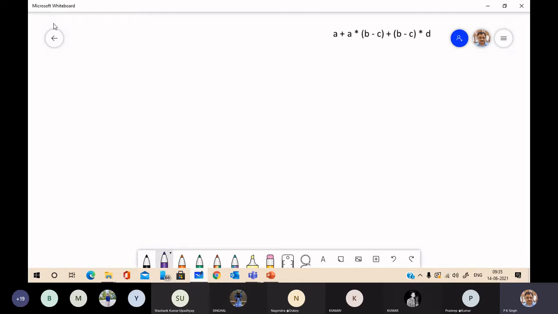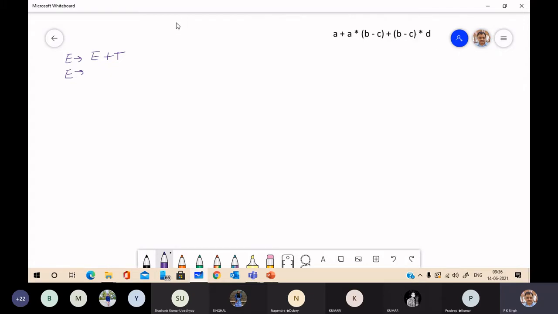For the grammar, E goes to E plus T. We will consider the minus sign also, so for that you have to add a production. Actually, we are going to produce a syntax tree for this very expression.